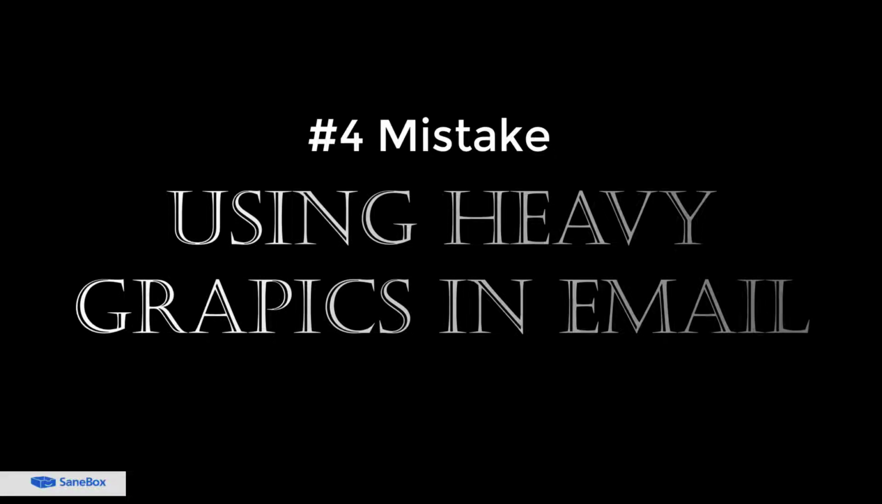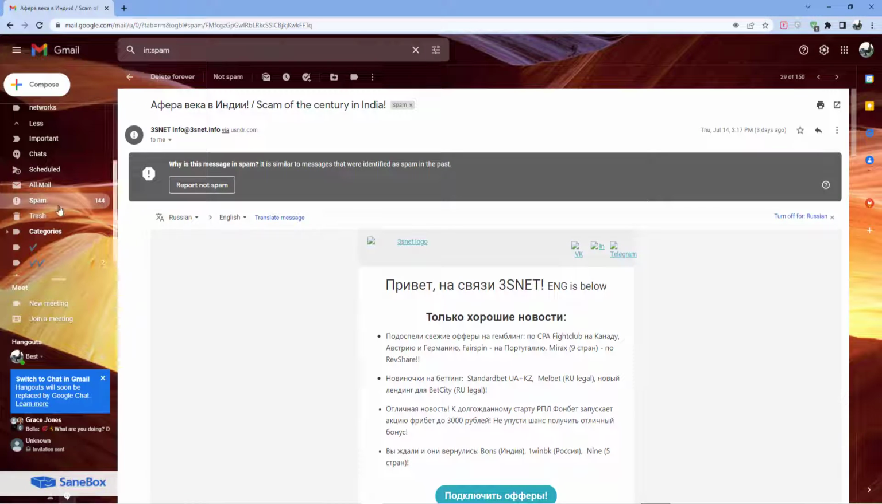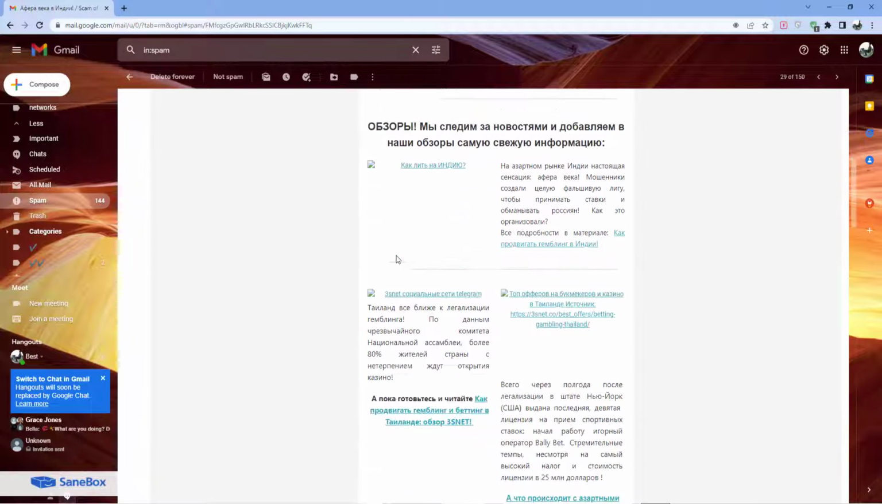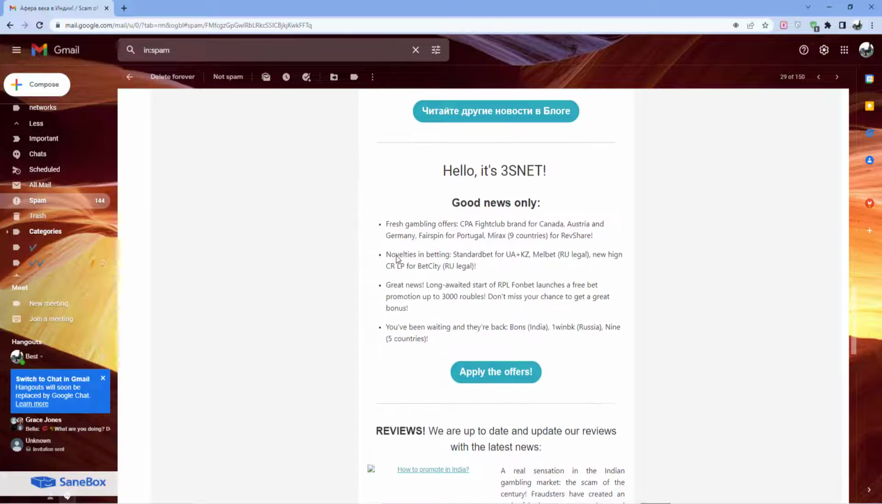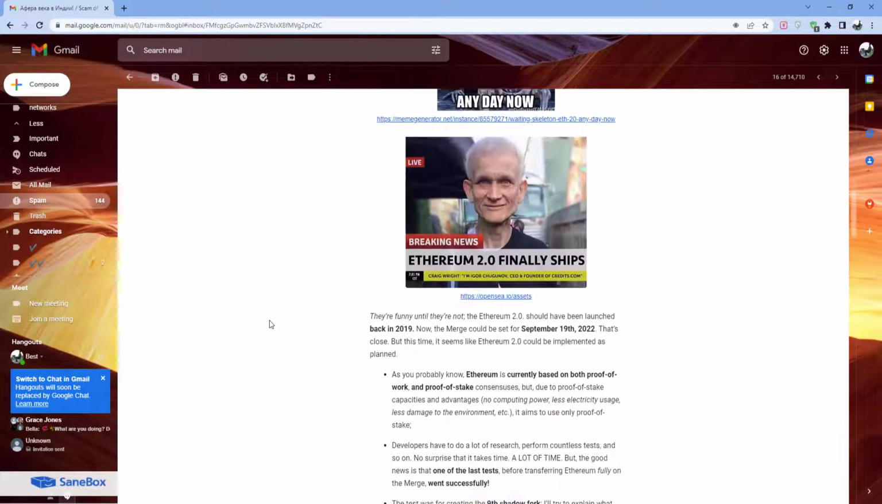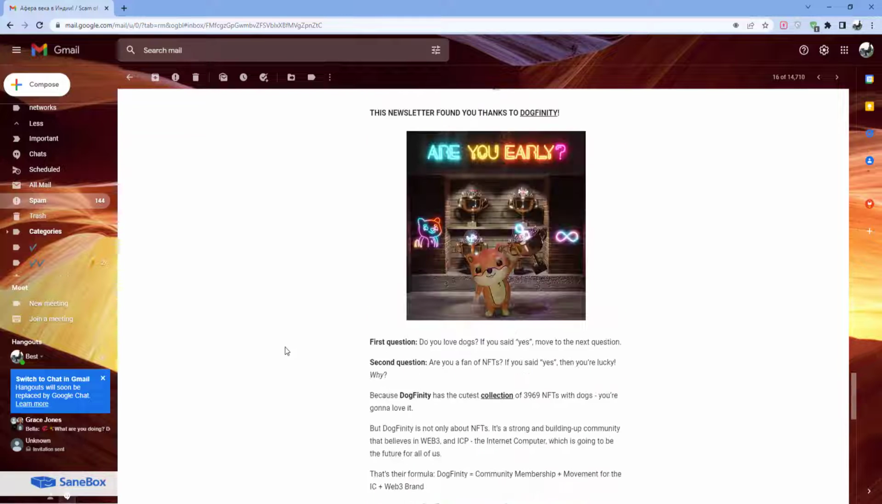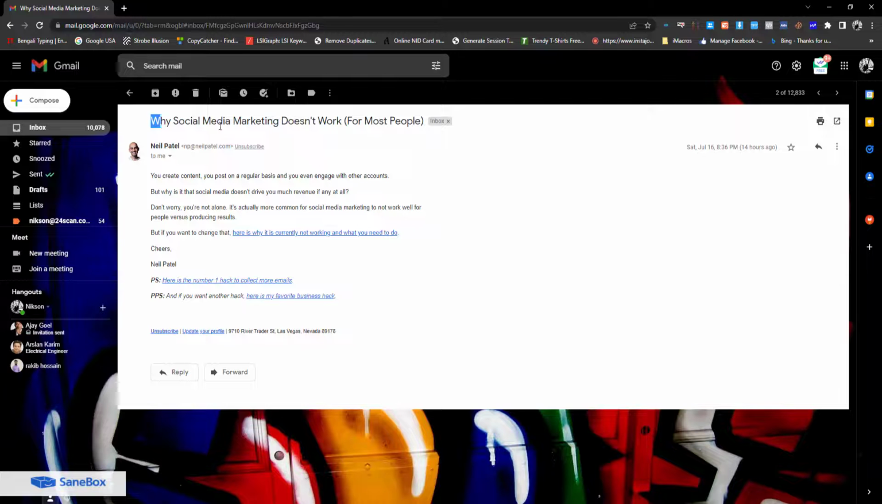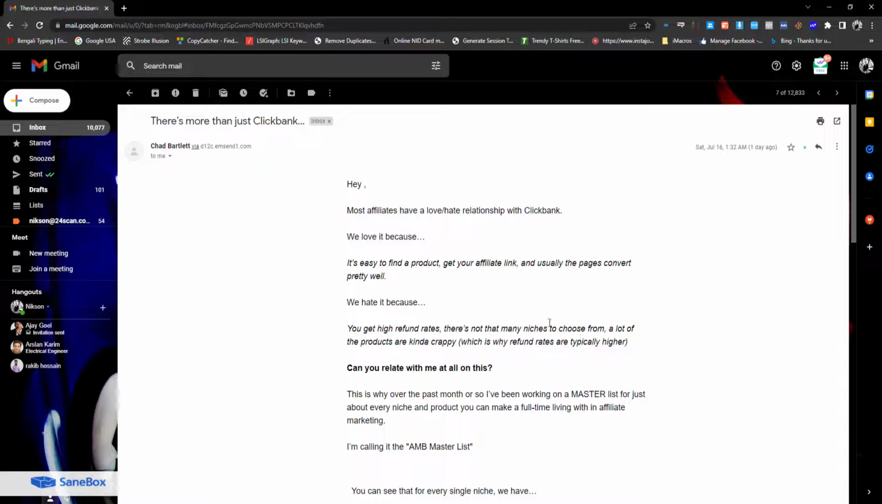Now our number 4 fault is using too many graphics in our email, so it gets large and won't appear in the user's inbox if they didn't subscribe to you. So you should avoid using too many graphics in your email body. And if you ask me, I will tell you that you should go for a text email instead of a graphic email if you are sending your target's first email